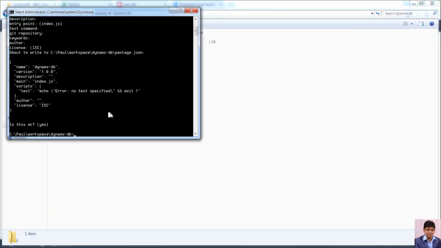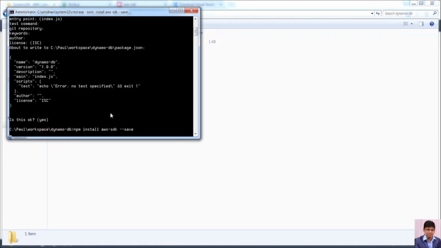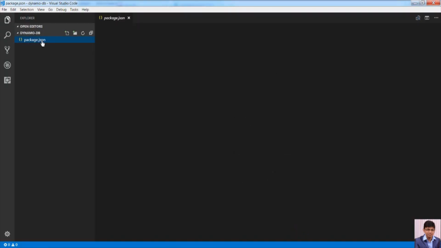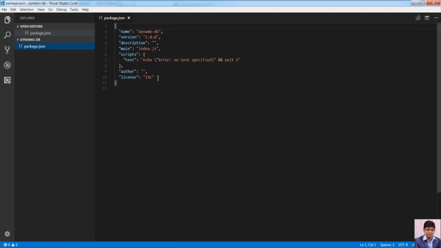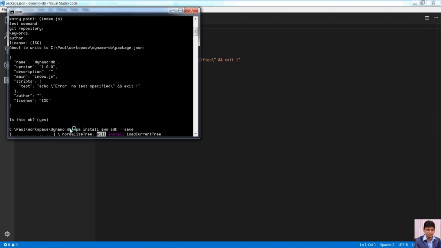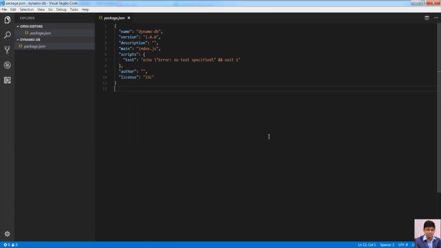Now I'll again give npm install aws-sdk with save. If I give save, it will save in package.json with the version name, and you can see that it has package.json, but there is no dependency added. As soon as it gets installed, the dependency will get updated, and in the meantime we can go and create files